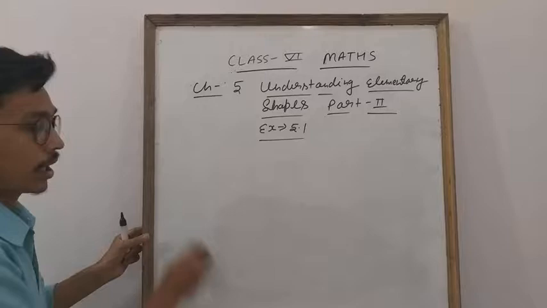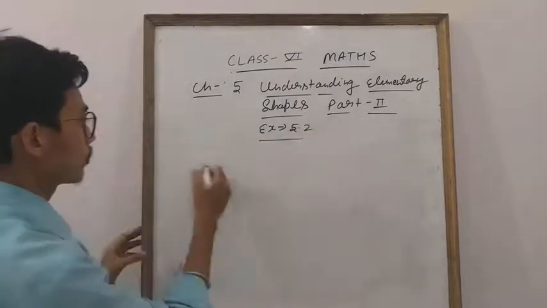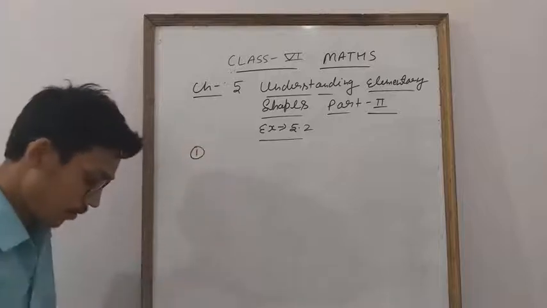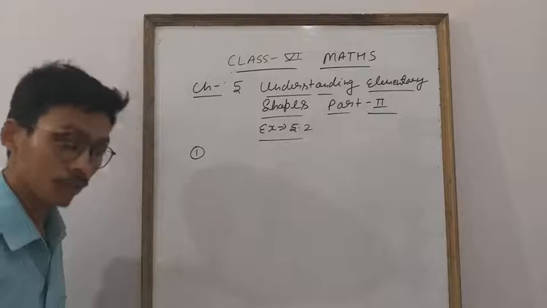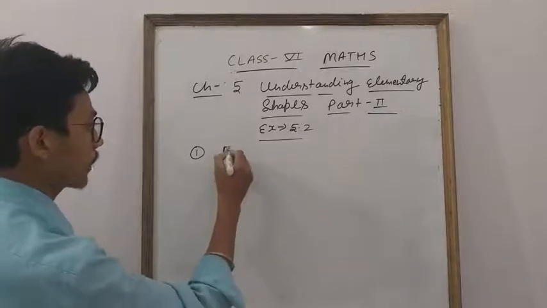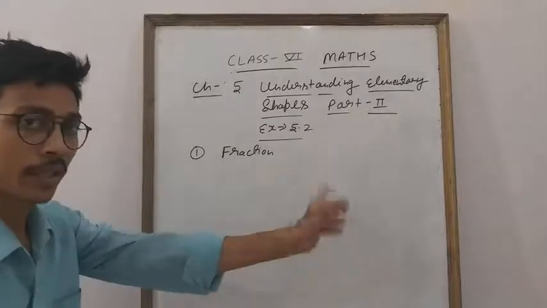Okay everyone. Now in 5.2 we will discuss which type of question is given. Question number 1, student, it is given: what fraction of a clockwise revolution does the hour hand of a clock turn through when it goes from. So you have to find out the fraction immediately. Fraction everyone knows. Fraction means some number is the numerator, some number is the denominator.